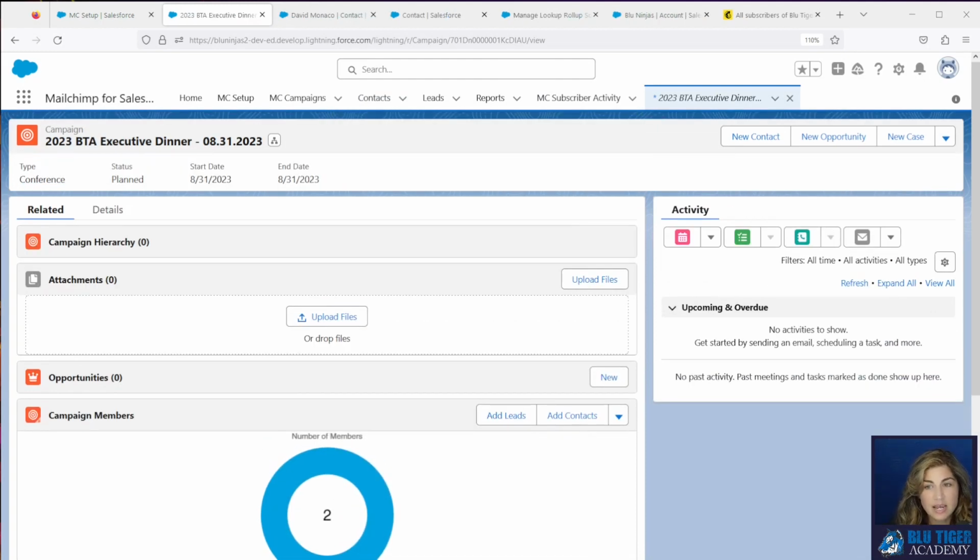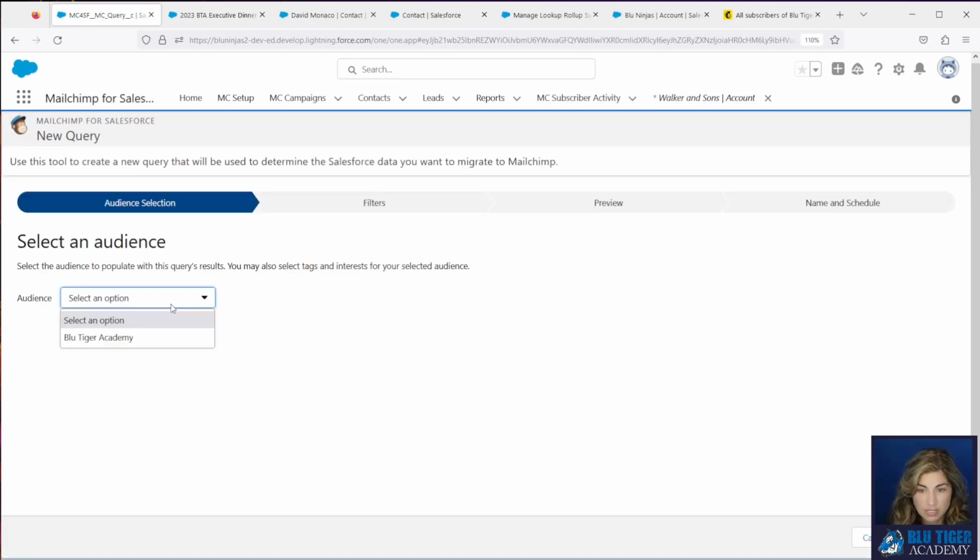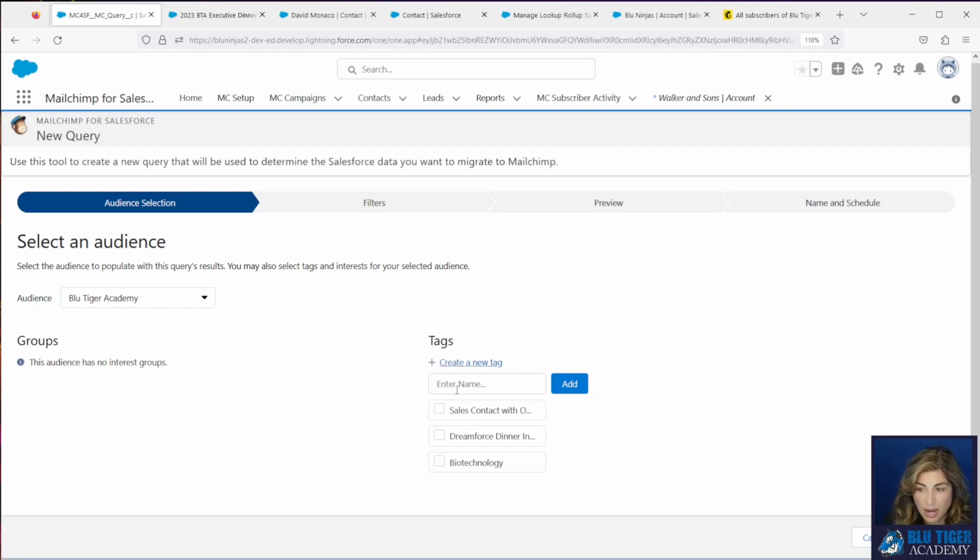Okay, so our next step is to go to the MC Setup tab, and we're going to go to Member Queries, and we're going to create a new query that is going to sync all of the campaign members in our campaign to have a tag called BTA Executive Dinner 08/31/2023. Click Add there, so that'll create the new tag in MailChimp for us.